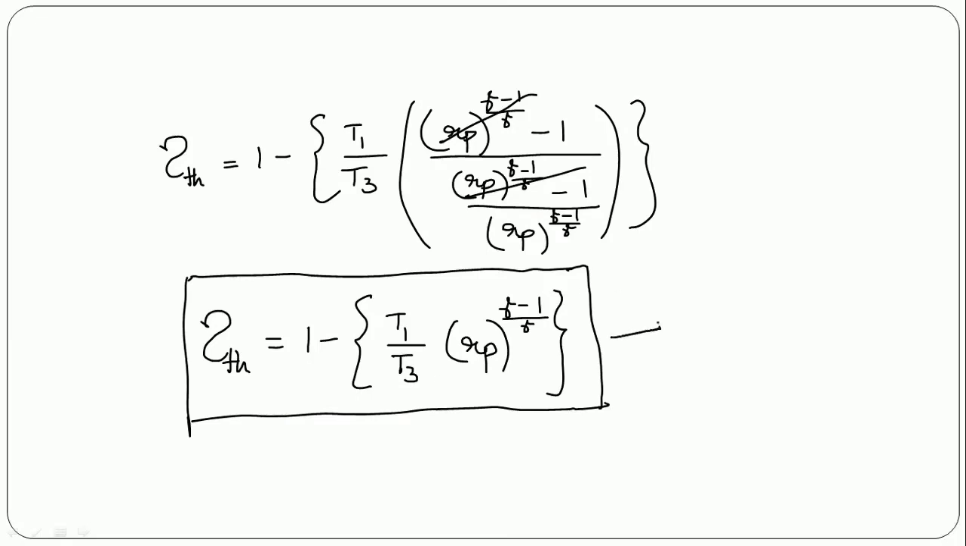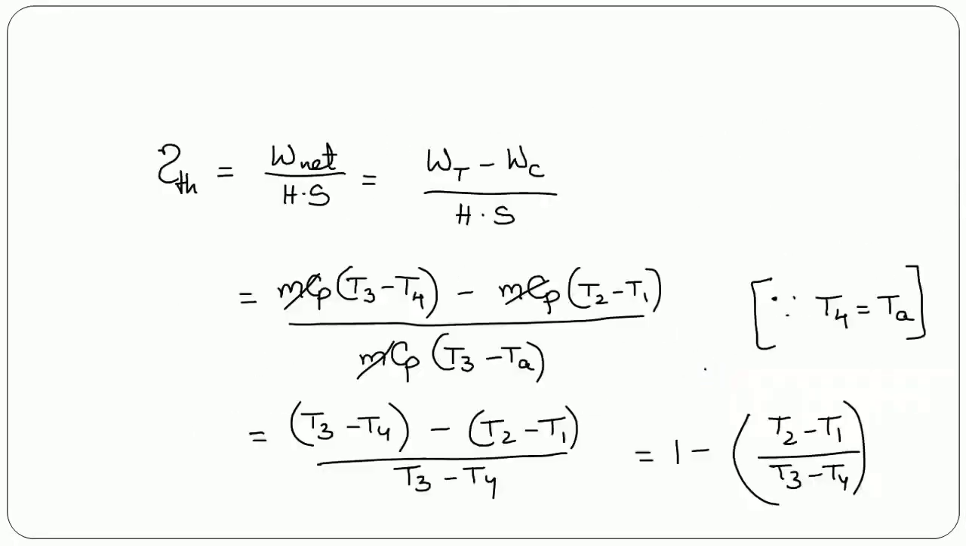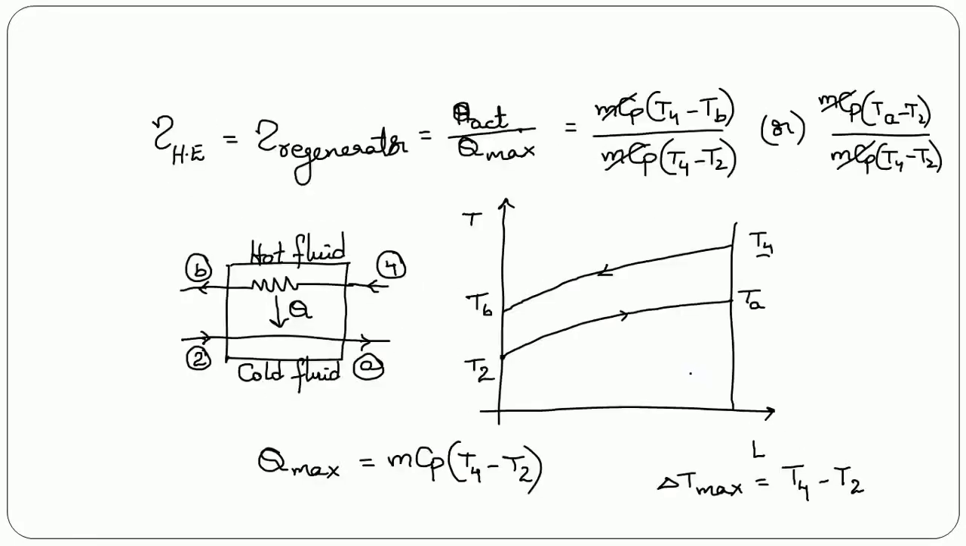So this formula stands good when effectiveness is equal to 1, or the perfect regeneration condition. So for perfect regeneration, effectiveness will be equal to 1. That means the regenerator that we are using is 100% efficient. So then only we can